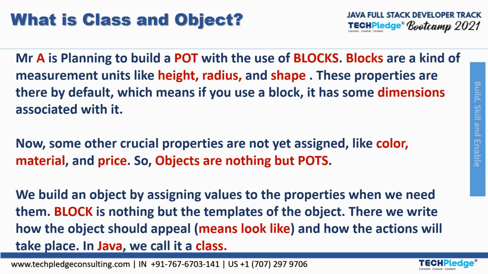Whereas the class is knowing what we need. Like, what is the shape of the house? What is going to be the height? What is the structure going to be? It is not physical, but it is logical. Now that is class. Okay, this is a simple example to understand class and object.